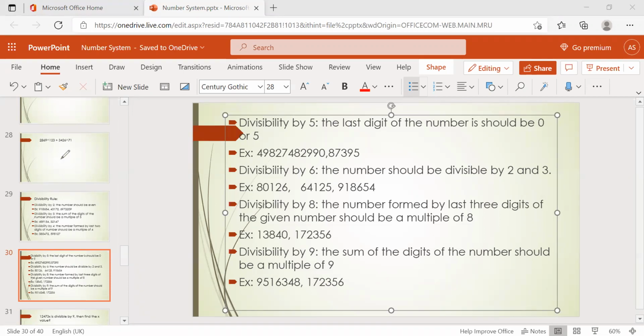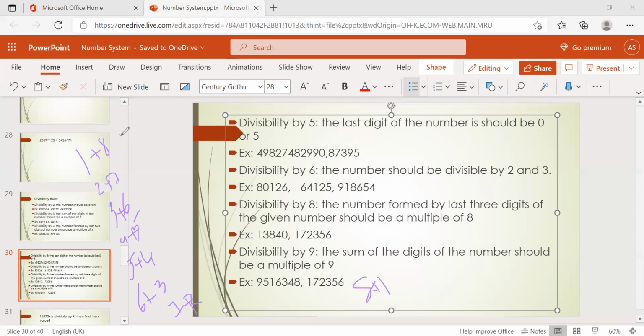Okay, the 9 table. How many of you know the 9 table? I'll write it here. See, 18, 27, 36, 45, 54, 63, 72, and 81. Right? Just check here the sum of each number: 1 plus 8, 2 plus 7, 3 plus 6, 4 plus 5, 5 plus 4, 6 plus 3, 7 plus 2, 8 plus 1.